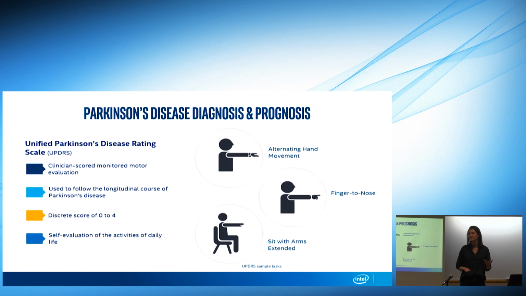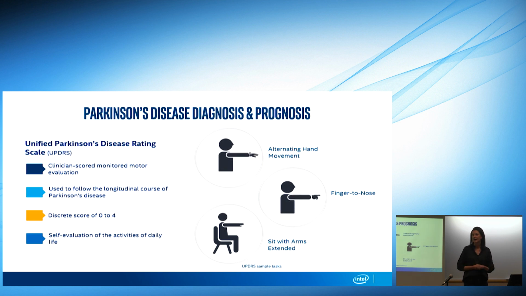daily living. And in addition to that, the clinicians will ask the patient to perform different tasks. For example, touch the finger to the nose, rotate the hand, do some kind of a walking task. Then the clinicians will look at the patient and provide a score between 0 and 4, 0 meaning no impact, 4 almost a full disability. And this is the way that the progression of the disease has been tracked for almost 200 years since it was first declared a well-known disease.